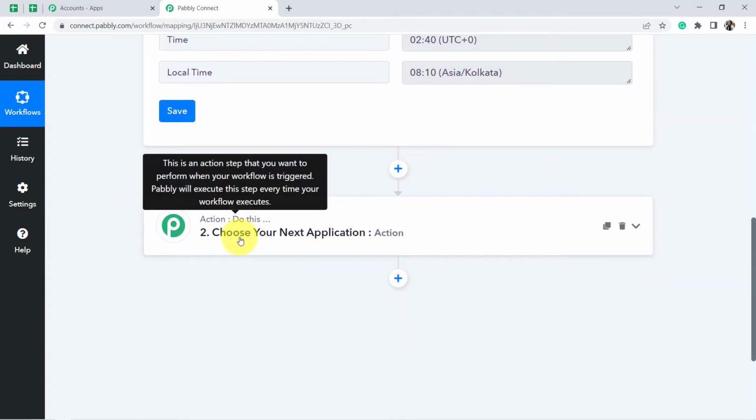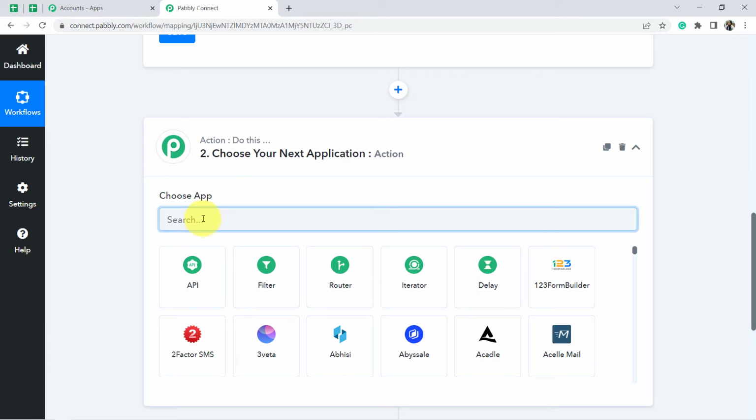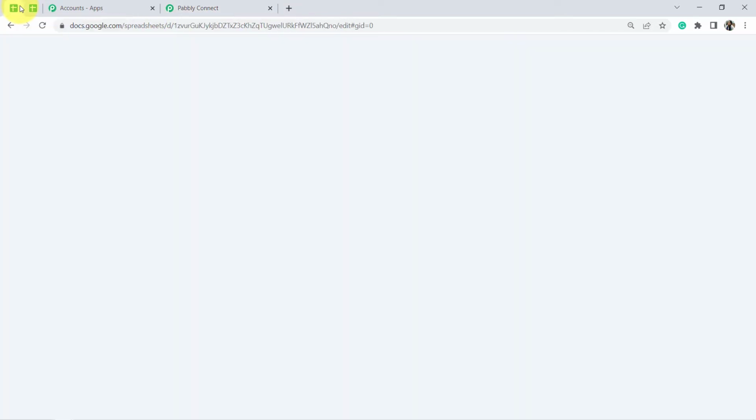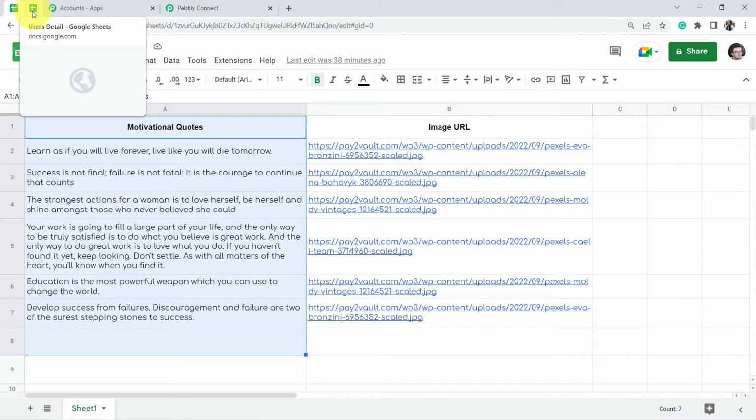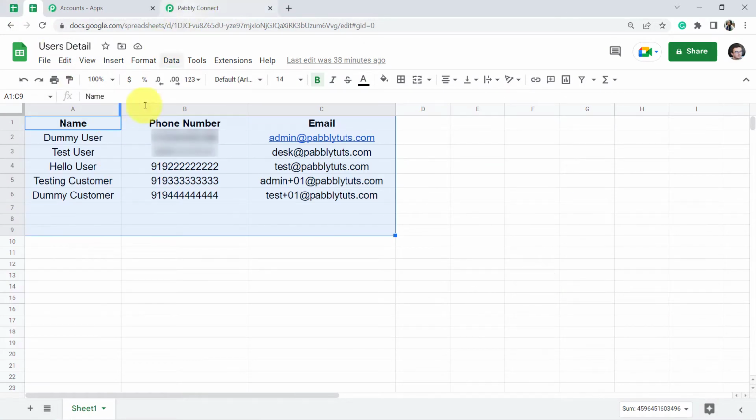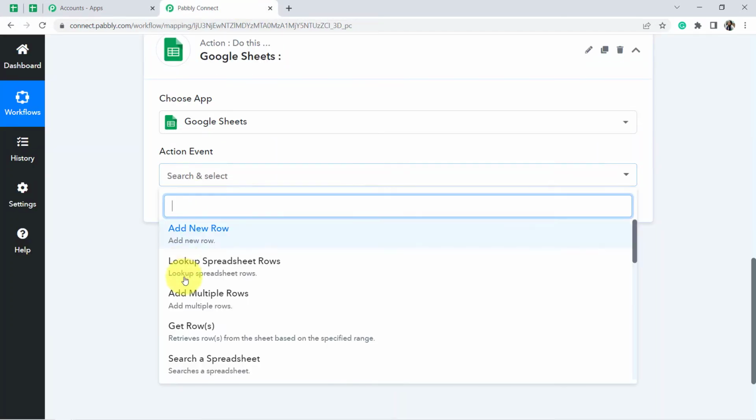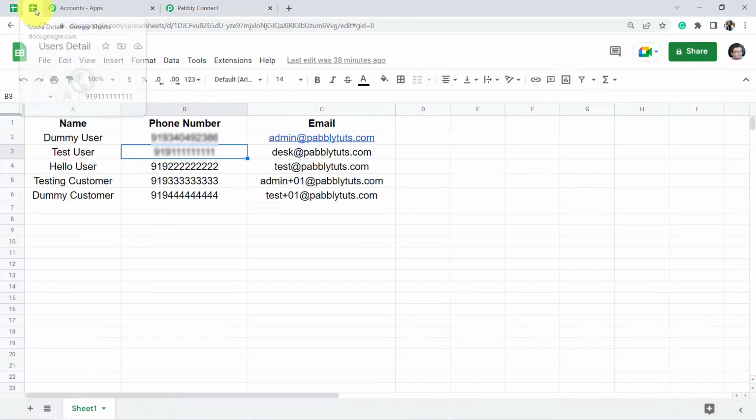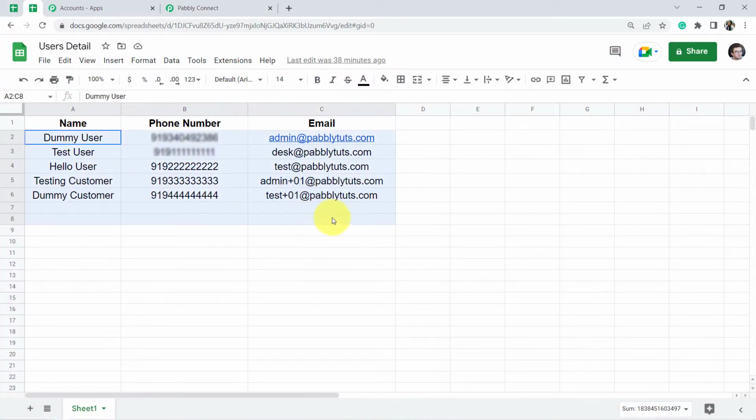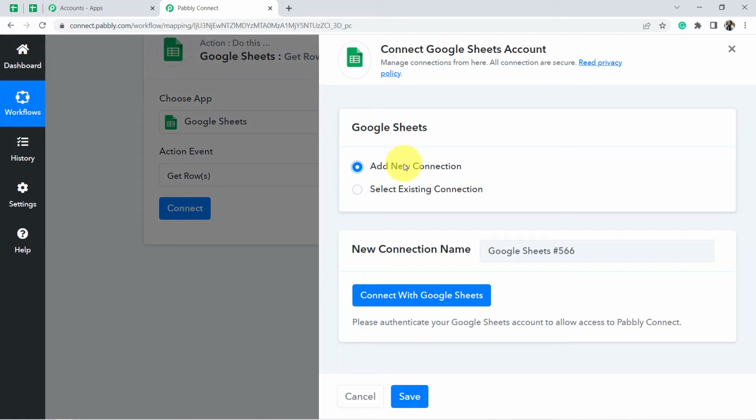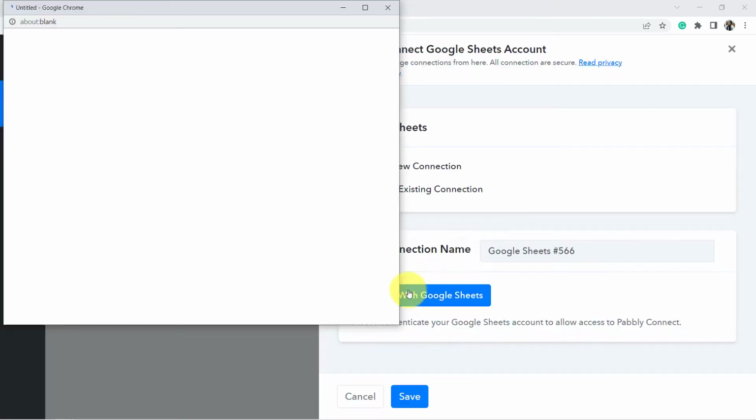Moving further, now finally I am going to select the Google Sheets application in which I have the data. Well, I have created here two sheets. One is for the motivational quote and second one is for the users details. So firstly I am going to select this particular sheet and going to capture this data in Pabbly Connect first. Okay, in action event, click on get row, because we want to get this data, we want to get these rows in Pabbly Connect. Now click on connect, click on add new connection, connect with Google Sheets and provide the